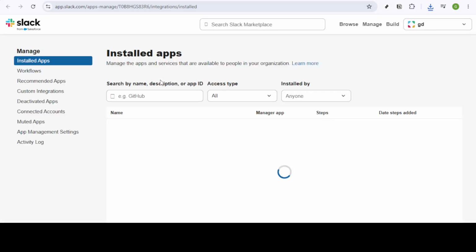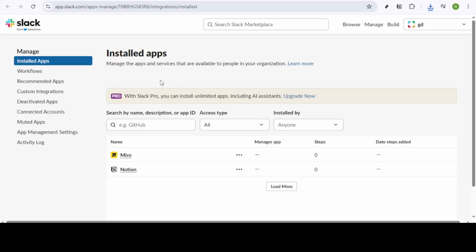Within the Apps section, look for a button or link that says Add Apps or something similar. If it's not readily visible, you should see an option to open the Slack app directory. Clicking on that will grant you access to search through a wide array of apps available for you to install